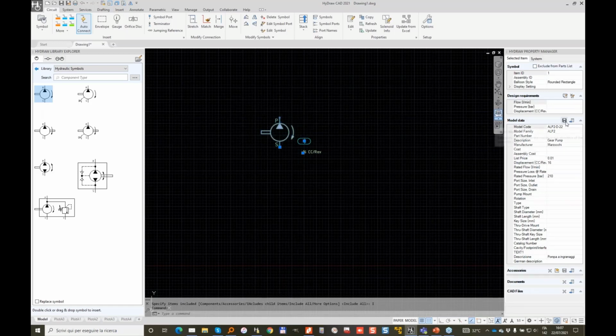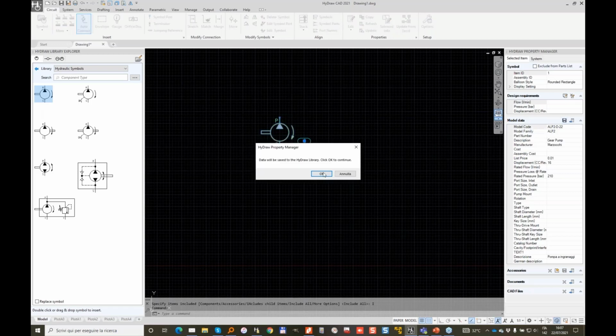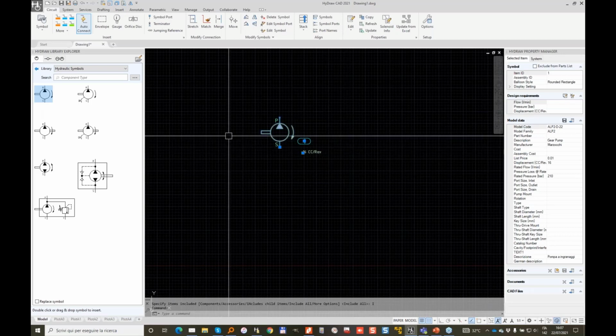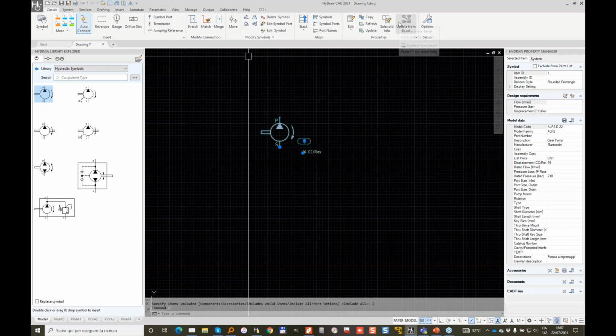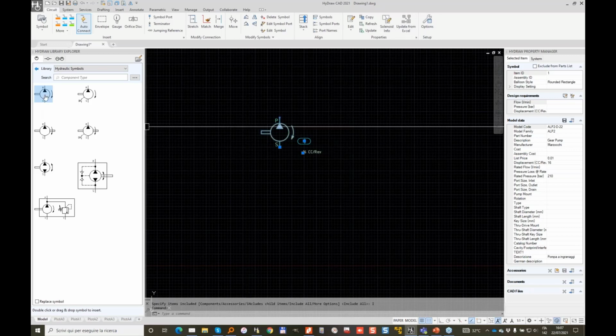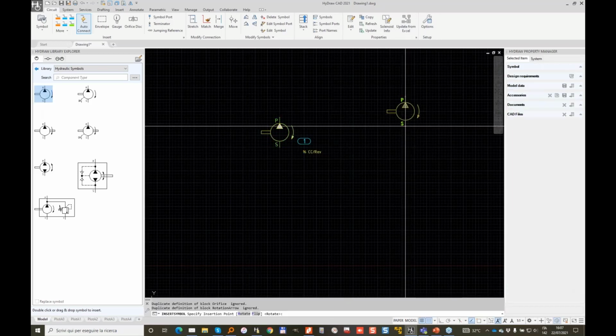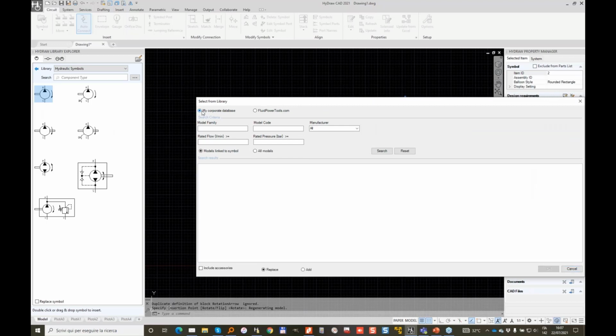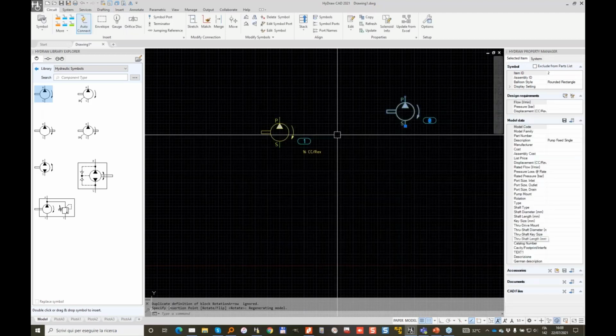Please notice that when you click Save to the library, now this component is saved to my local library. So next time, I don't need anymore to go into the update from Excel to find that component, but I will be able to just insert the symbol and search from the library, from the local database, and I will be finding exactly my ALP2D22 gear pump, or even better, I